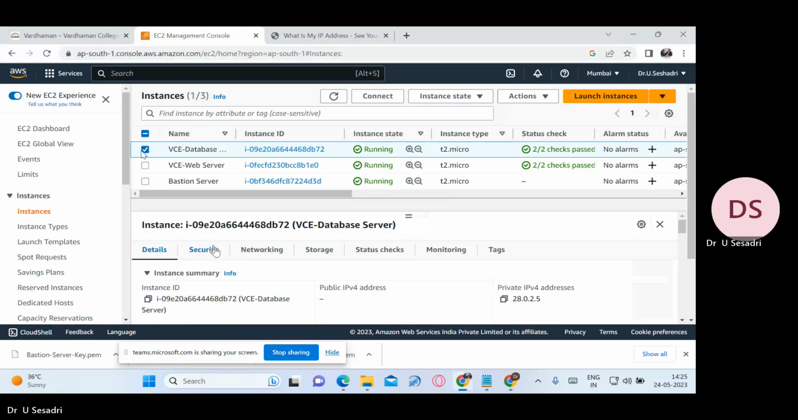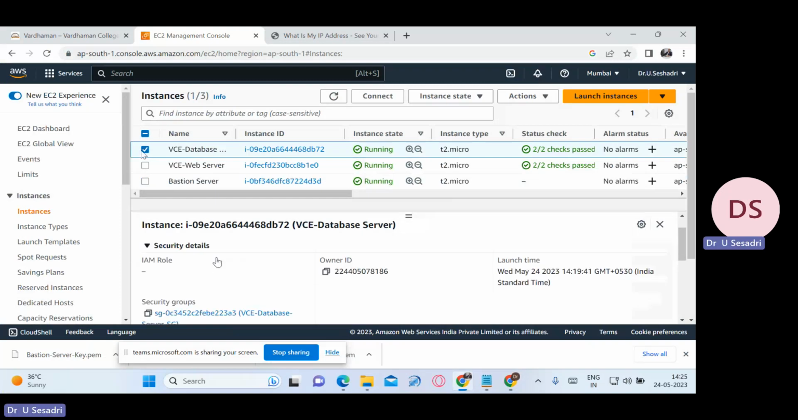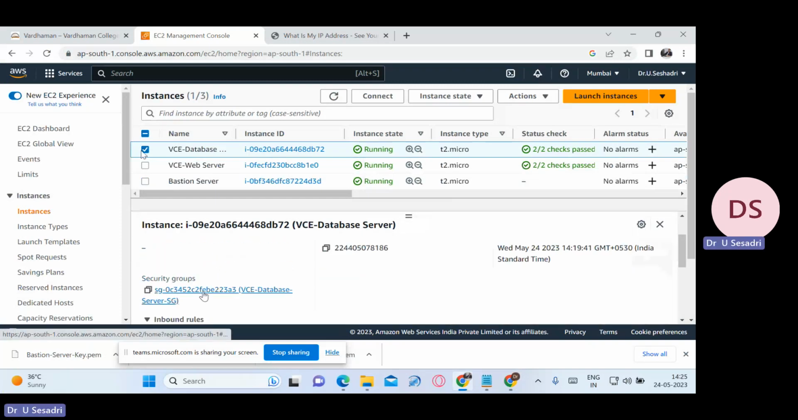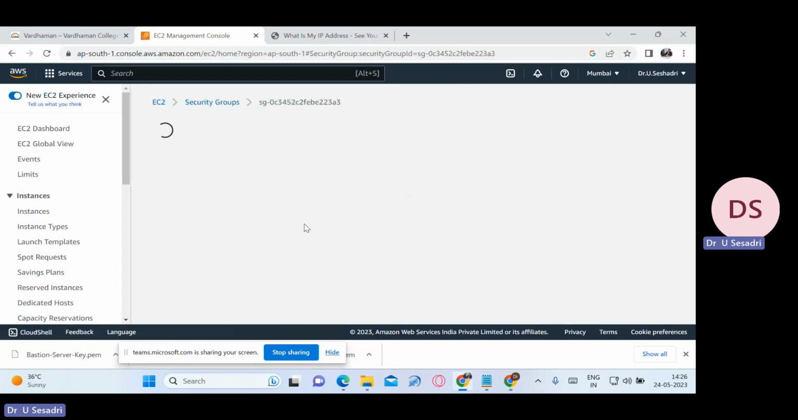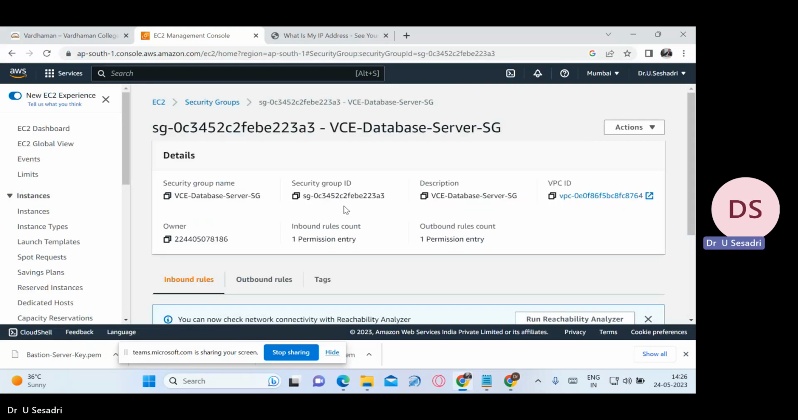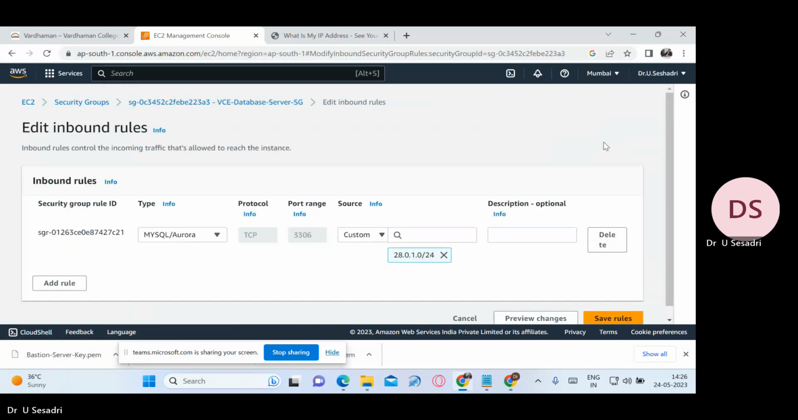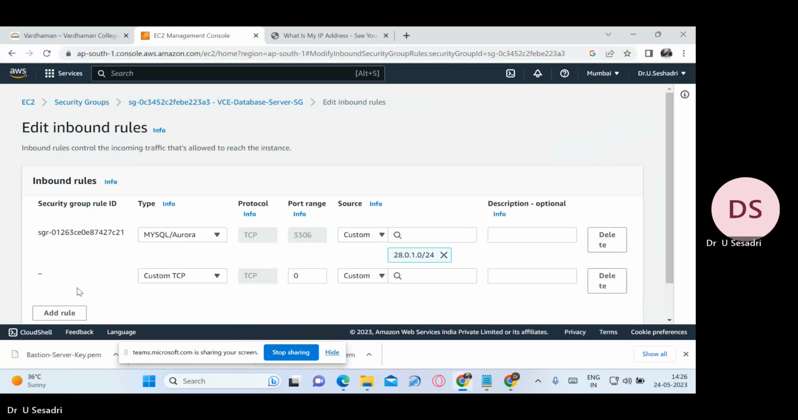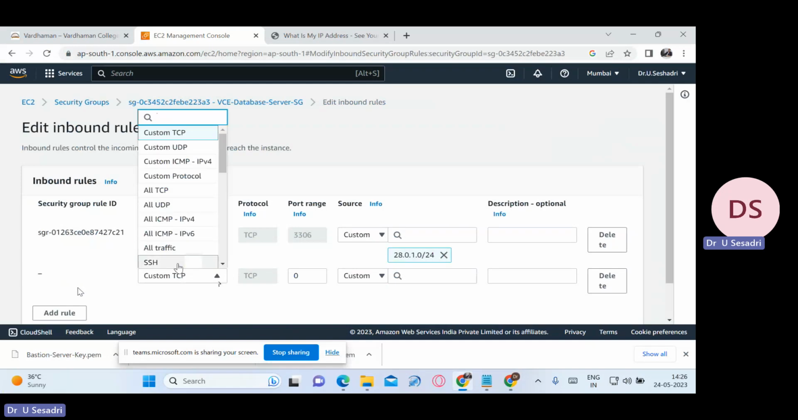Now here we have to select Security. Under Security we can select the security group. Now go to Actions. Click on Edit inbound rules. See that here only MySQL or Aurora is there. We can click on Add rule. Here we have to select the type as SSH